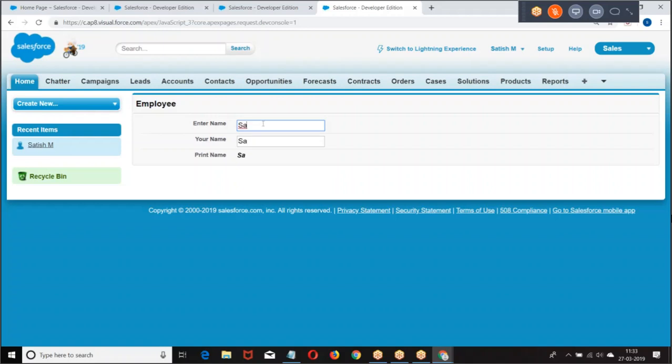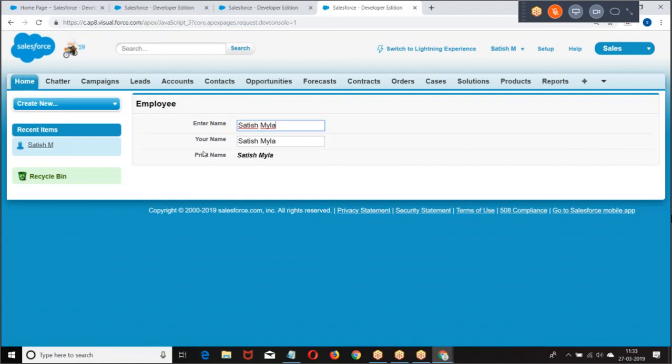I enter the type, okay, key up. Press the key, and when you release, it automatically updates. In the previous example, when I moved the cursor out of this box, I got the message. But here, when I'm typing, we are automatically getting the message in parallel, on key up.